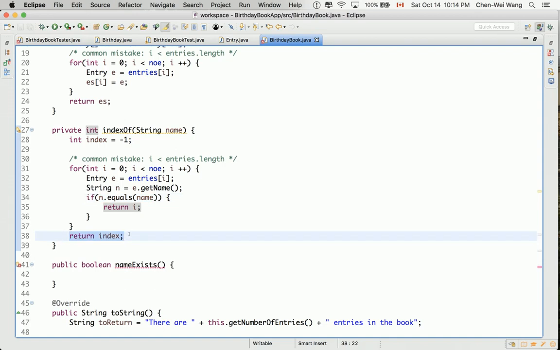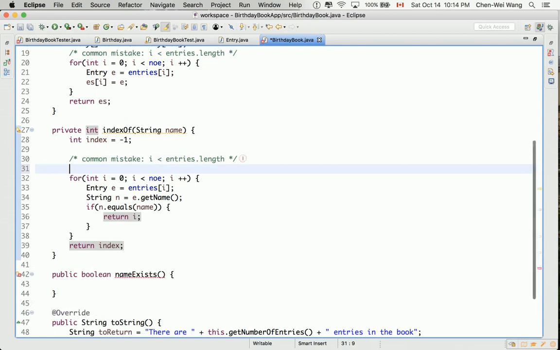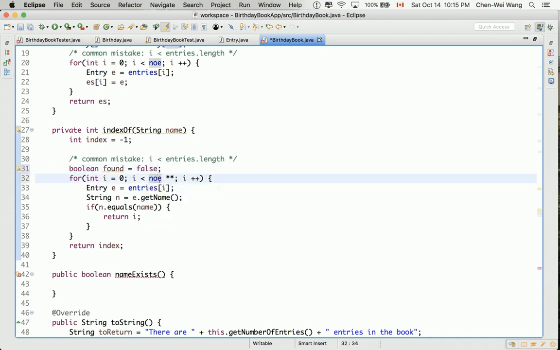If you don't like to have a return statement within your loop, this is what you can do alternatively. Okay, I'll just show it to you. You can say boolean nameFound, initially false. We're going to stay in the loop as long as i is a valid index, bounded by NOE, and also we haven't found